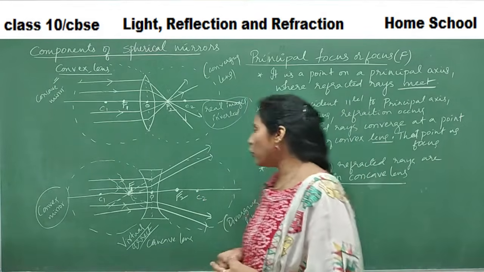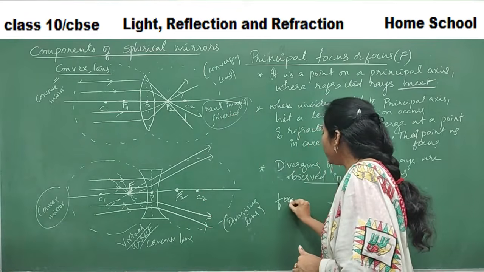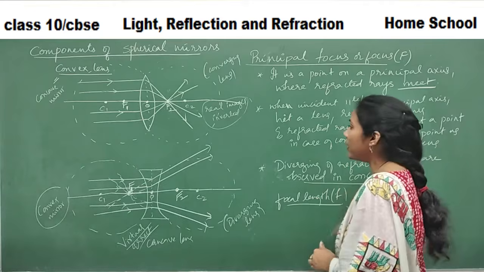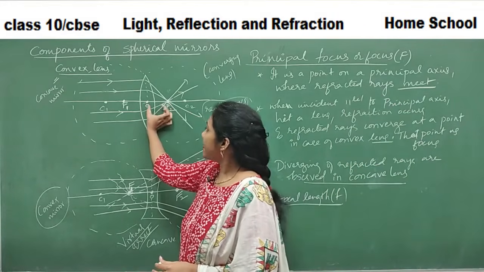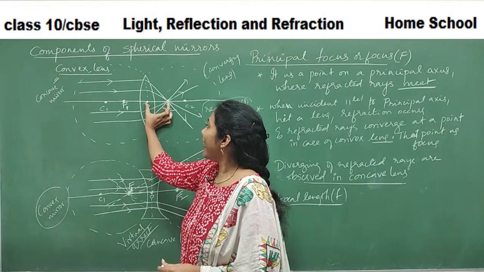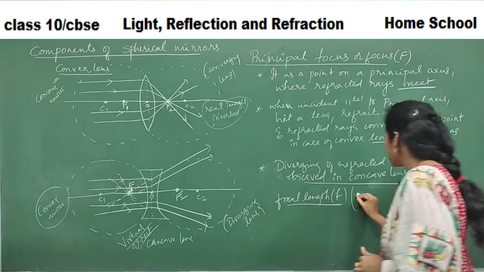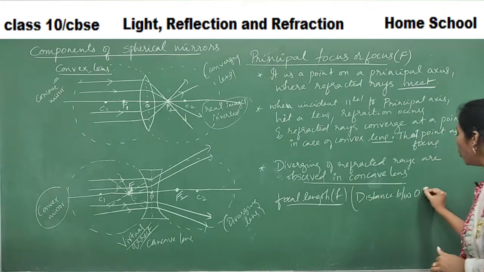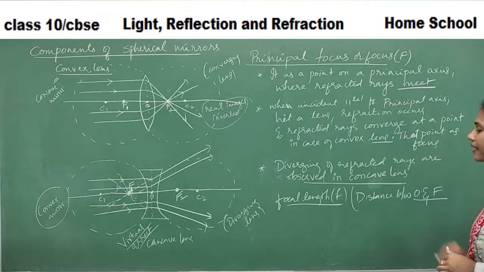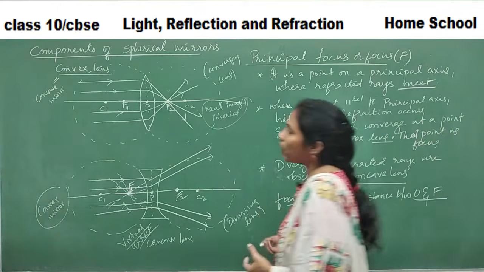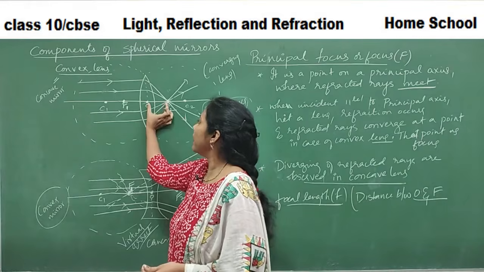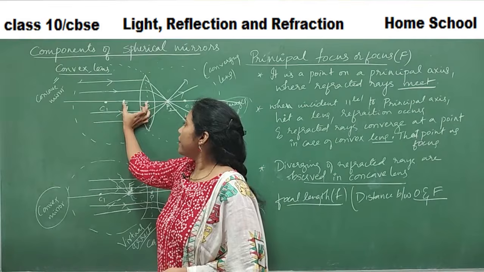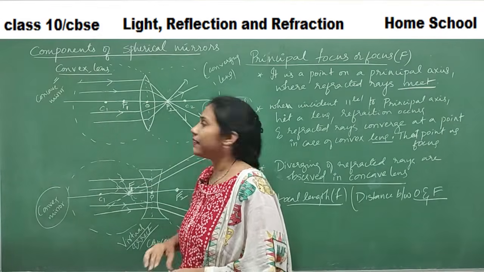And now, what is focal length? You all know very well about focal length, right? So what is a focal length? It is the distance between the optical center and the focus. So the distance between O and F, where O is the optical center and F is the focus, is called the focal length. This distance is a focal length, and this distance also, since this is another focus, right? Optical center to focus is a focal length.